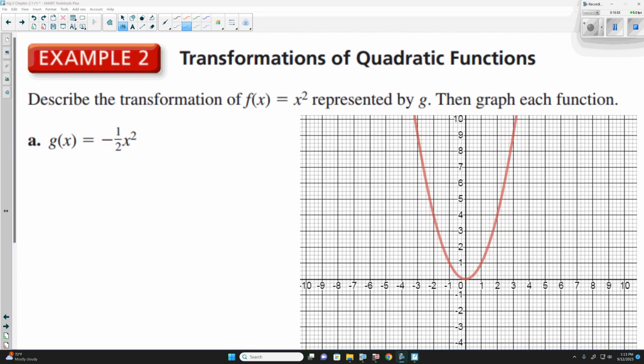Okay. Now, as I find with most of these here, looking at the definition is fine and good. I think we learn more when we actually look at a problem. Now, when we look at this here, we have the negative 1/2 x squared. We don't have anything added inside the parentheses, so it's not moving left or right. We don't have anything added or subtracted from it, so it's not moving up or down. We have the negative 1/2 x squared. Well, the negative is going to be a,